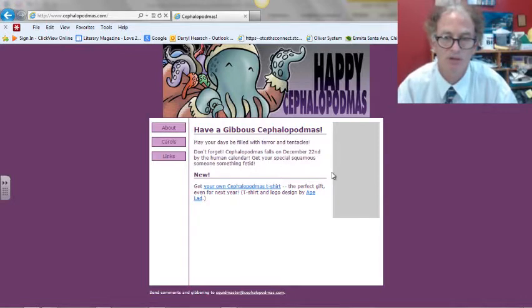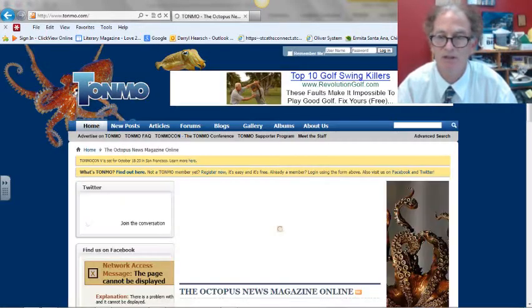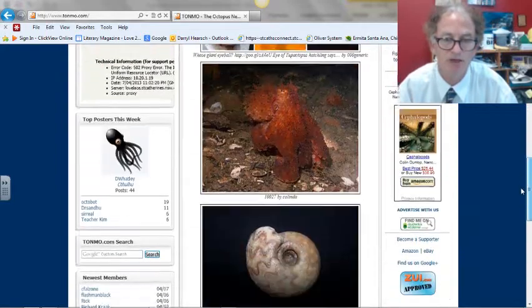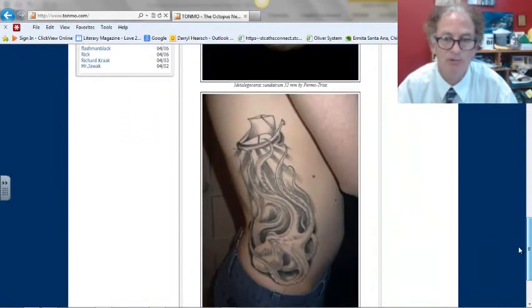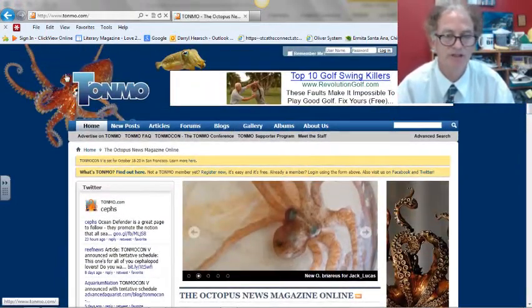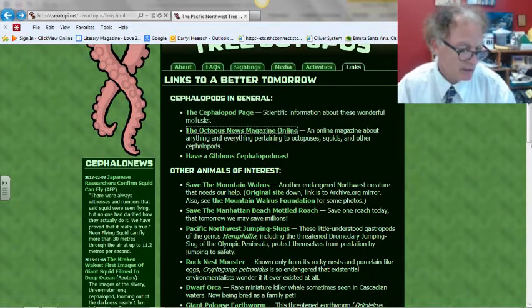Here's a reference to a book, okay, a t-shirt, an online, a new magazine. Okay, pictures of octopus, a tattoo. I'm getting lost in this to see, well, what is the reference to this? Okay,